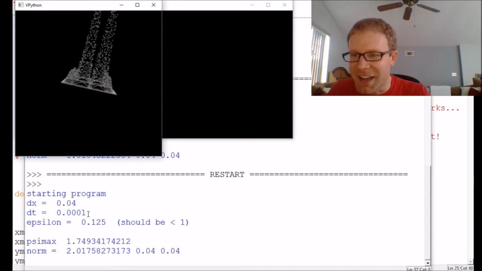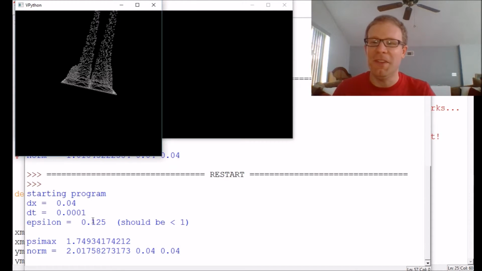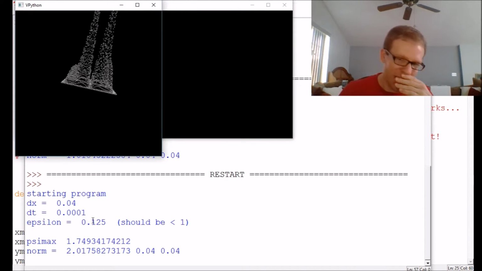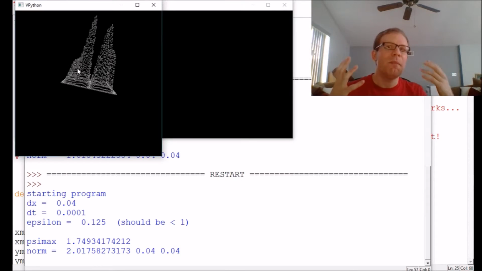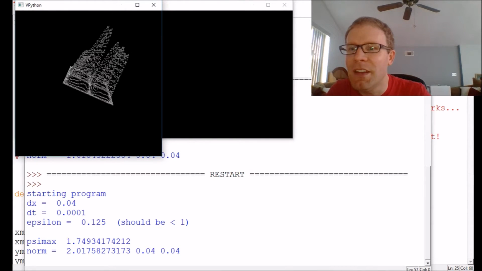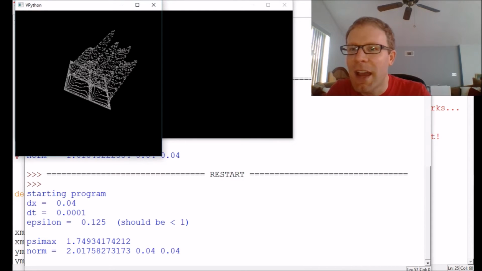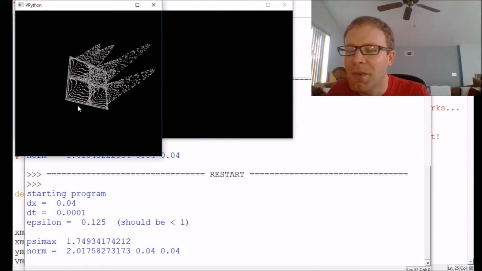I've got my dt set to 10 to the minus 4 here because that's already pushing my epsilon up to an eighth, which is probably about as high as it should be. But you can see it's losing some of the weight in the central peak. It's gaining it in some of the outer peaks there, which is exactly the type of thing we saw in the one-dimensional version, but now we're seeing it happen in 2 dimensions. So we see it happening along the x direction, and we see it happening along the y direction here as well,